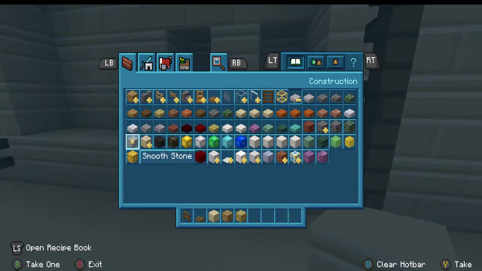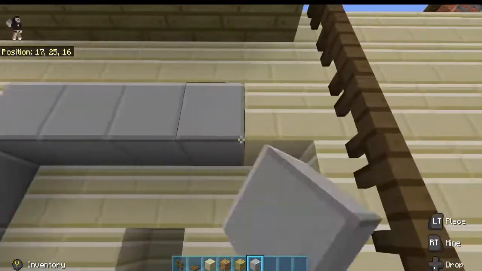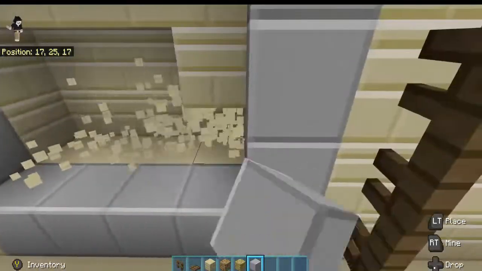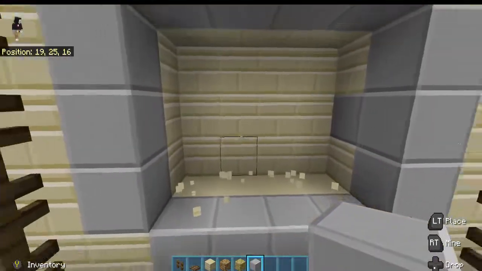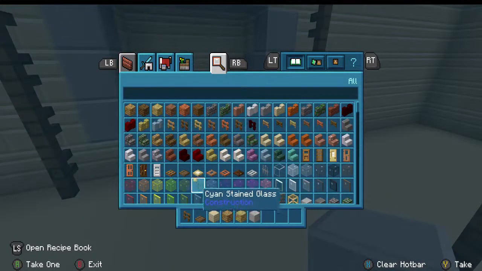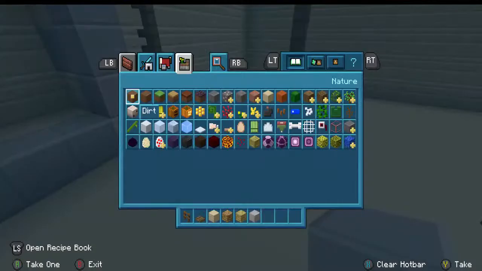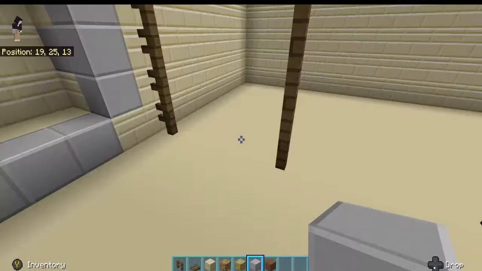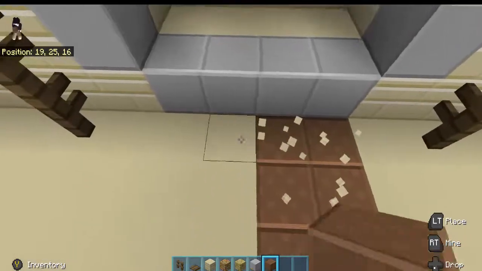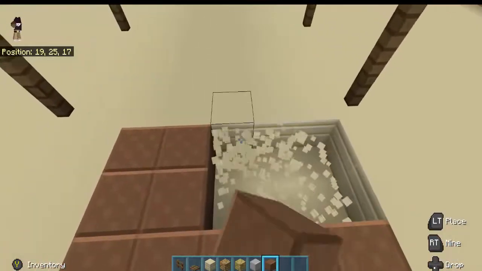Smooth stone, smooth stone. So we do that. We end up getting this, it's not an equal size, but it works. It definitely works. So the other thing I'm going to do is we're going to replace all the sand here with dirt. What about coarse dirt? Coarse dirt works, I guess. So yeah, I'm gonna just